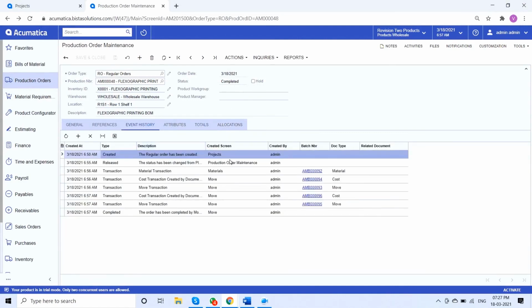And here I can see the event history. So first I created my production order from the project, then I issued my raw material, and then I created the move transaction twice, which in result created two cost transactions and two move transactions. So then we can close this order.